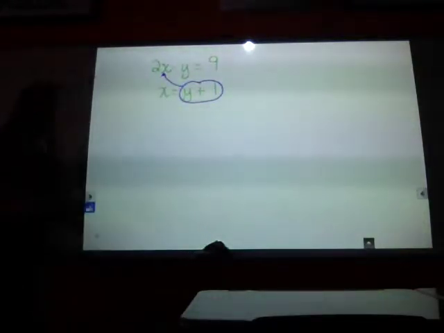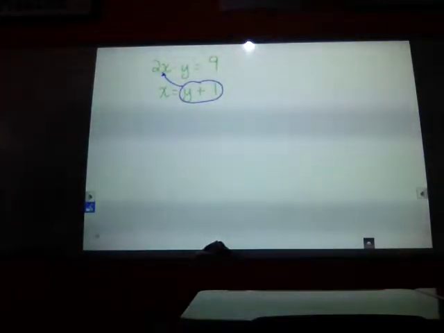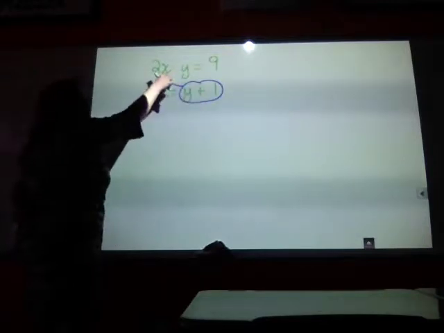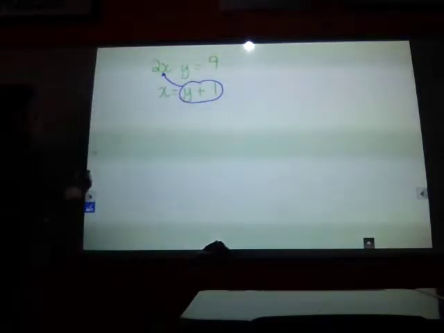Why do we put it in for x? Because that's what x equals. Because that's what it's solved for. It says x equals. If it said x equals 5, we'd put a 5 right there. Everybody agree? But it doesn't. All right, so